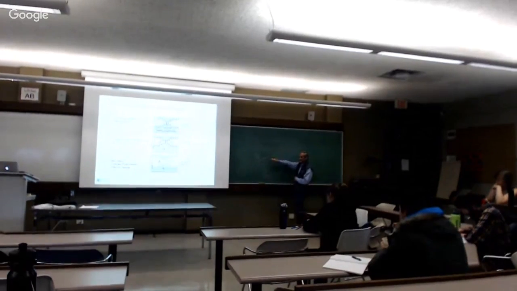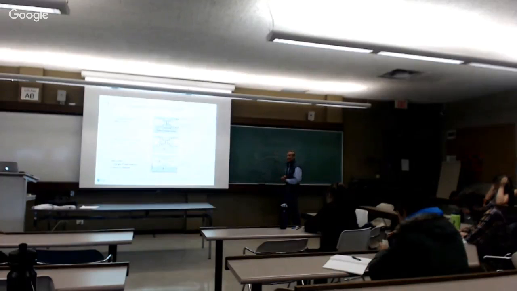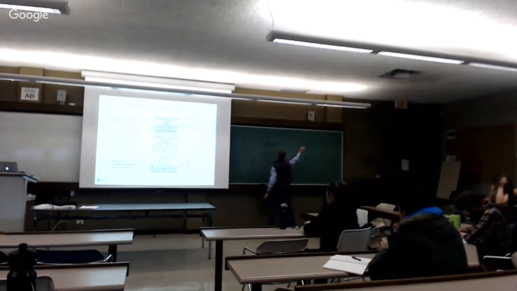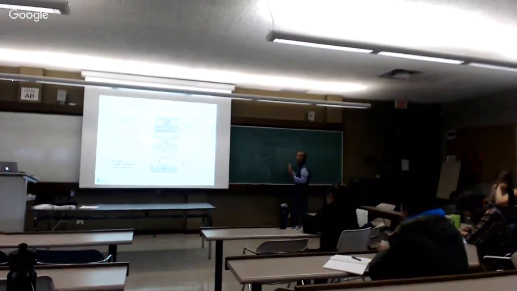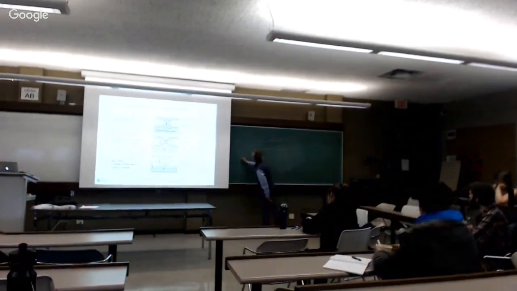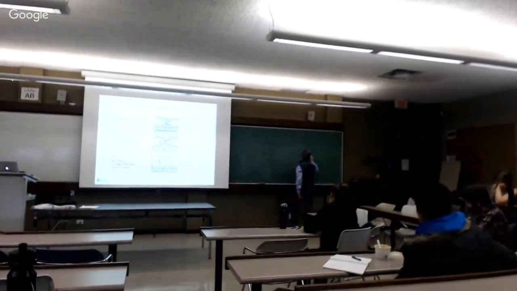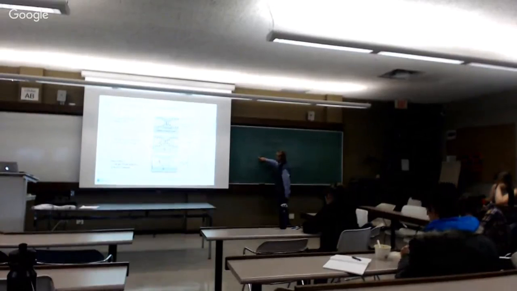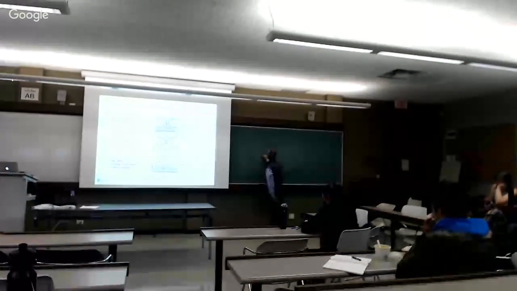Now, suppose I take this system and I put onto it an electric field. So I'm going to drive an electric field this way. You could think about that as having a positive end of the battery here and a negative end of the battery here. So I've got an electric field that goes this way. So what's going to happen? The electric field can be thought of as being a big positive charge over here and a big negative charge over here. If we think about what's going to happen here, positive charges are going to repel, right? So the positive charges are going to try to go this way,